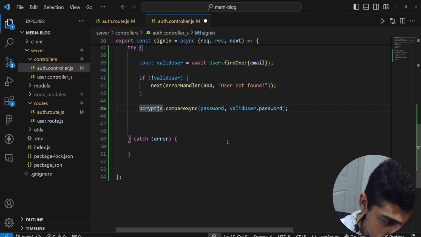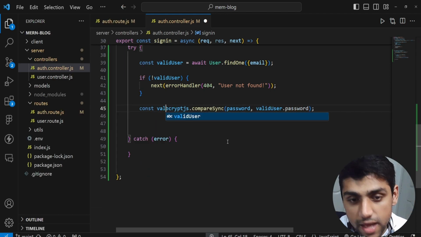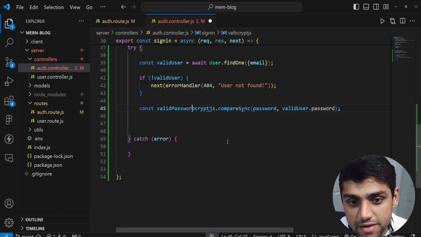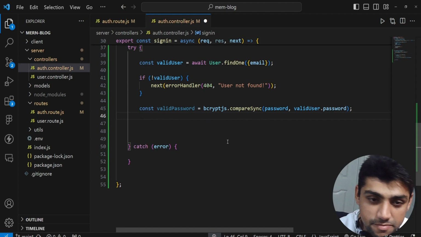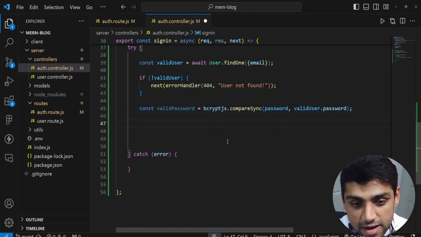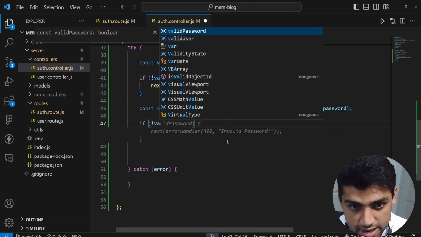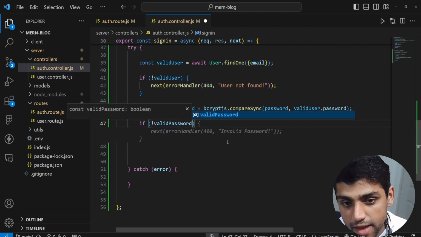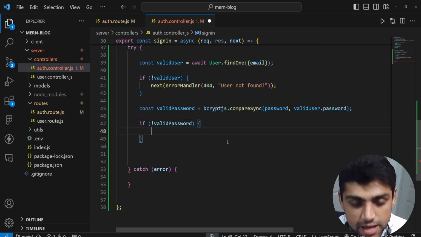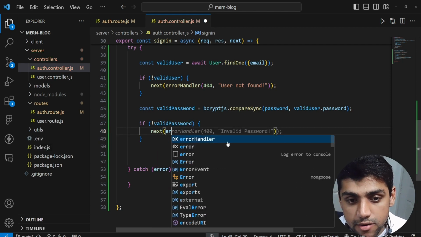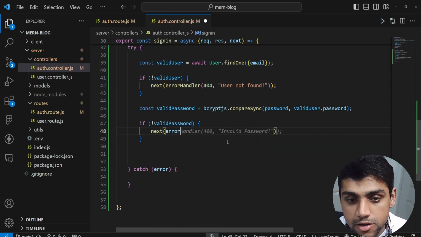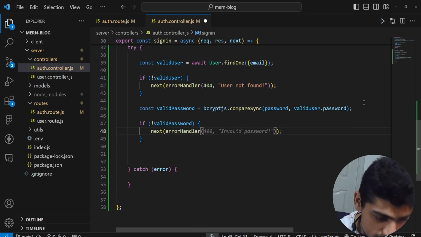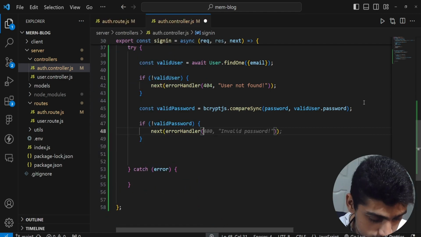Now, if it's valid, we put it as validPassword, just like how we did validUser. If the valid password is valid, it's good, but right now we have to check the bad case. The bad case is if it's not valid, the password is not correct or not matching. So we just say next, and then we have the error handler. Over here we use this error status code, which is 400 client error,